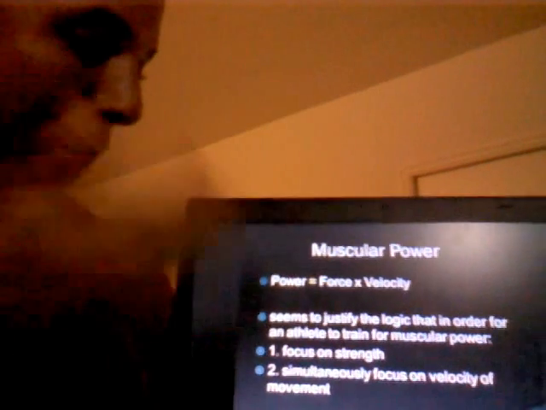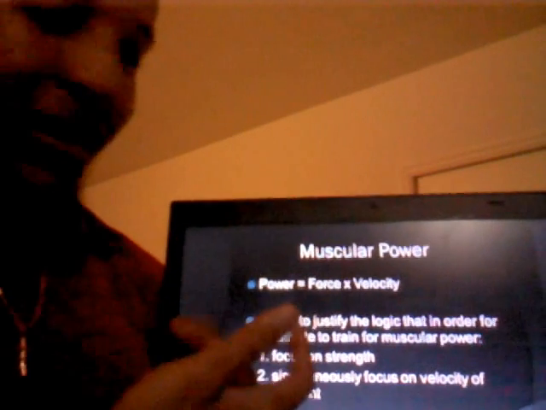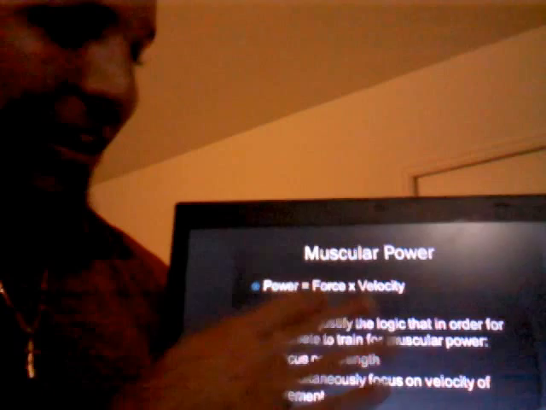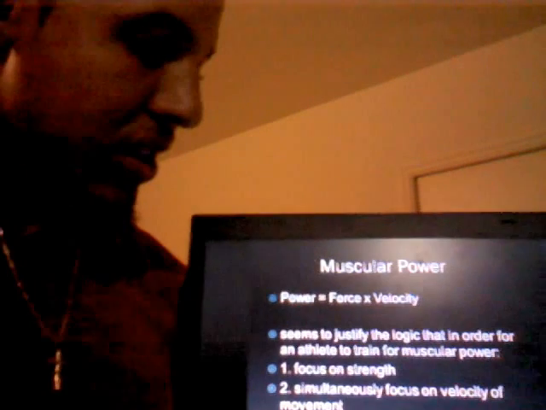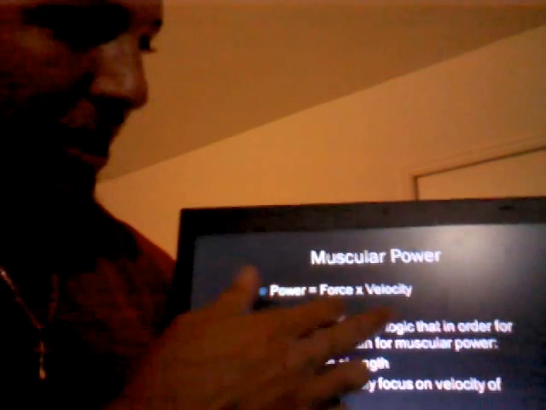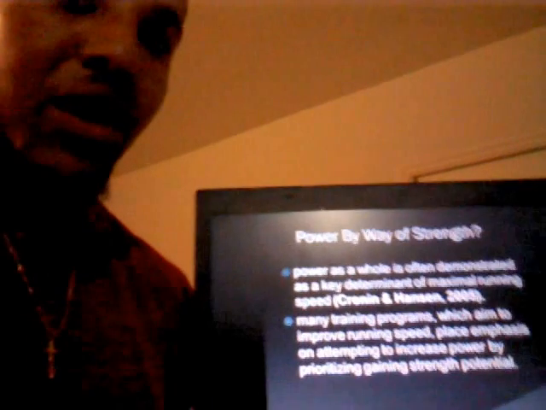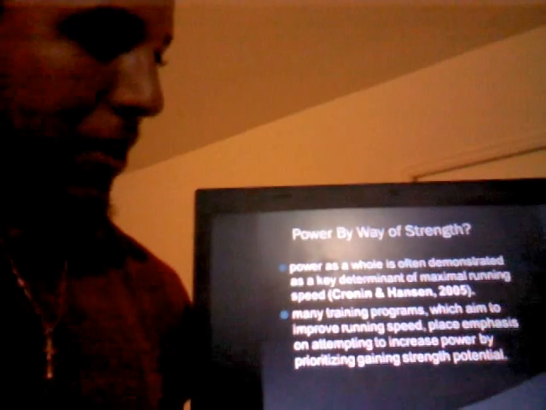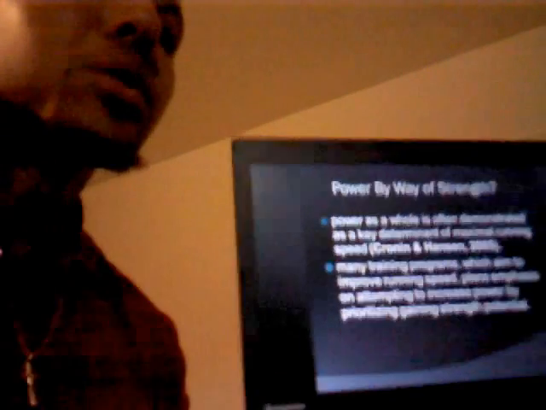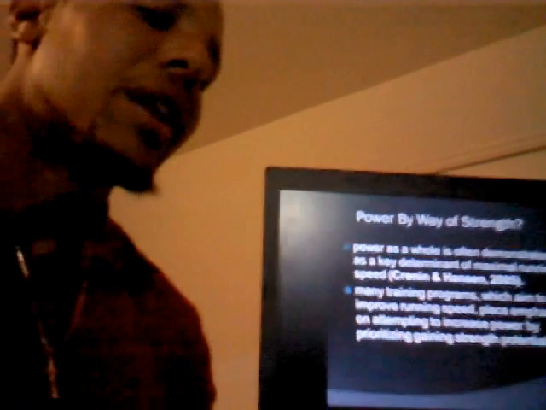If I go back again to the formula, according to this formula, both velocity and force are equally contributing factors to power. But what ends up happening, because of that inverse relationship, is if a coach, for example, has somebody doing, I don't know,